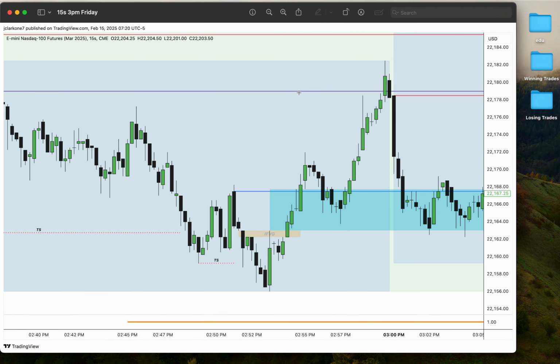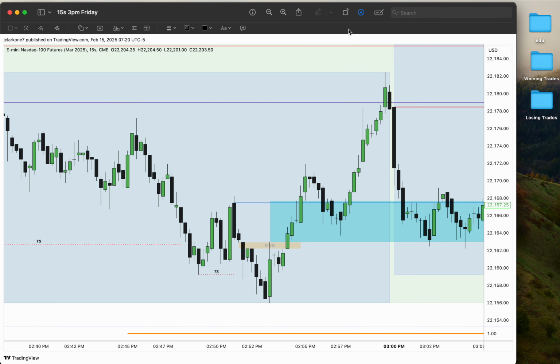All right, so same trade. We just drop down into the 15-second. And here you can see the fair value gap. So the whole point of the fair value gap for me, the inversion fair value gap, is to see some